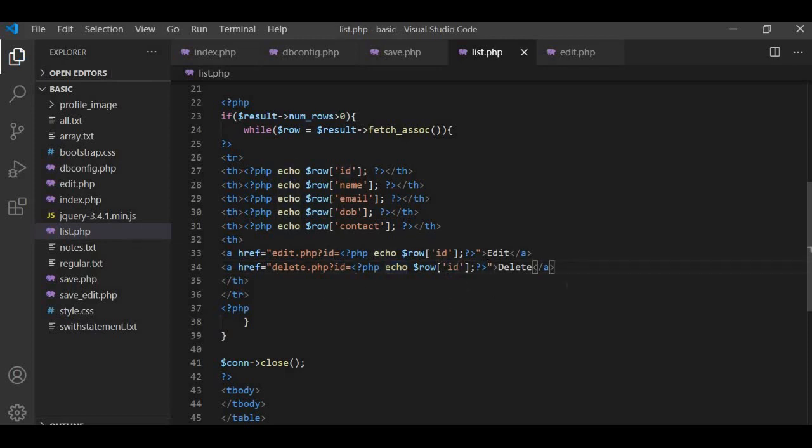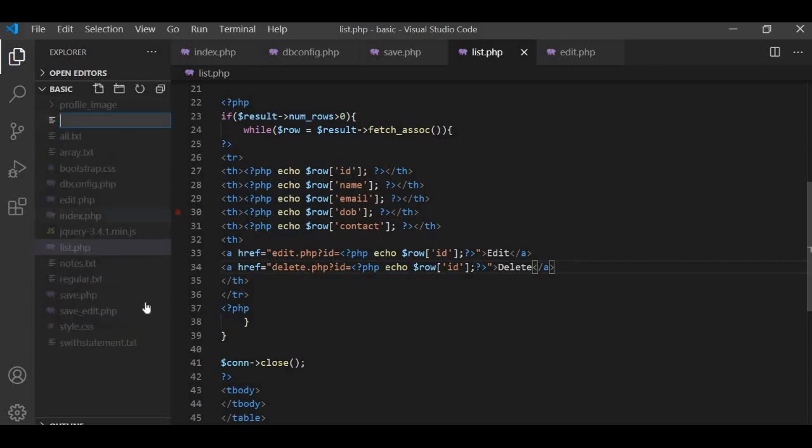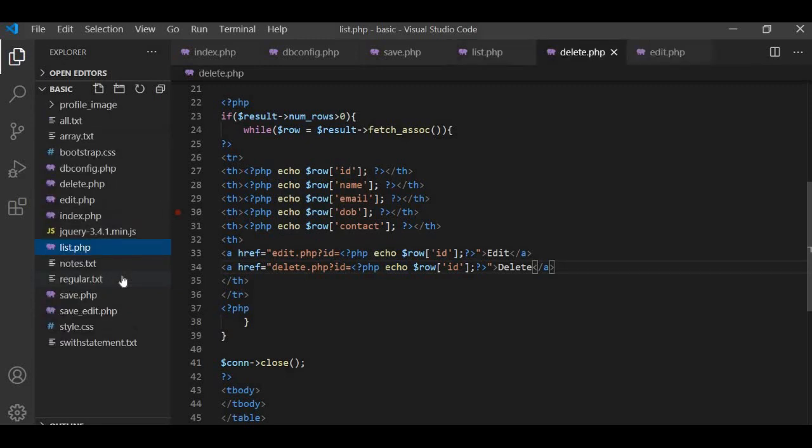Now we will create the delete.php file. So just create delete.php.